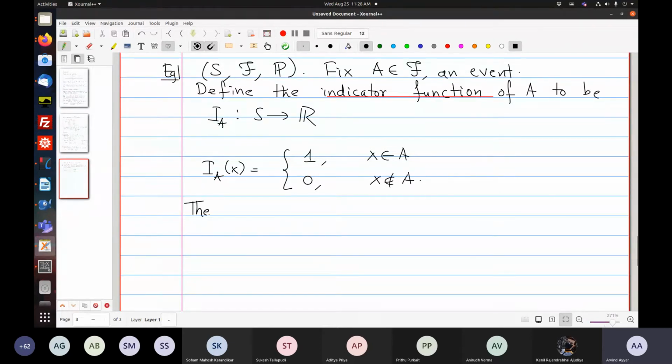So then this I_A is precisely a Bernoulli random variable